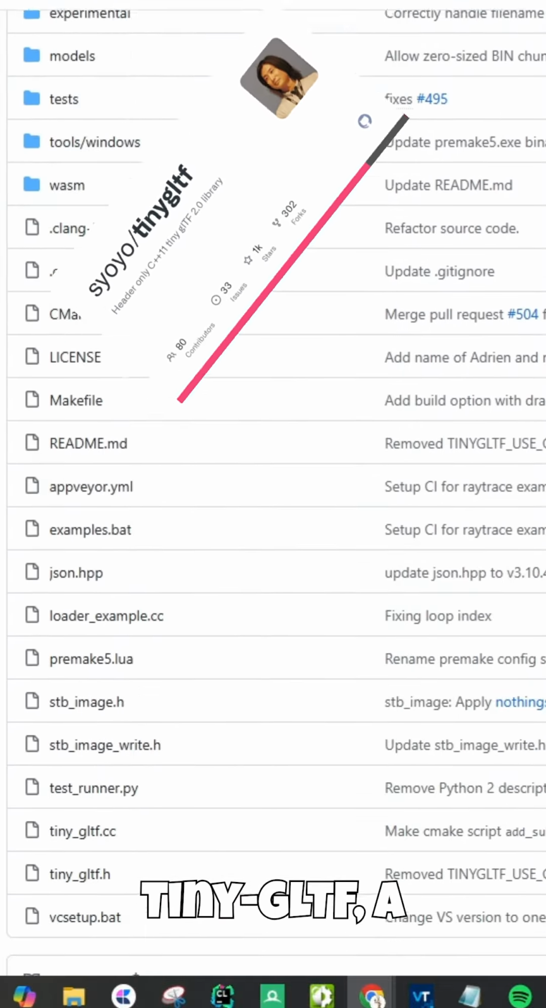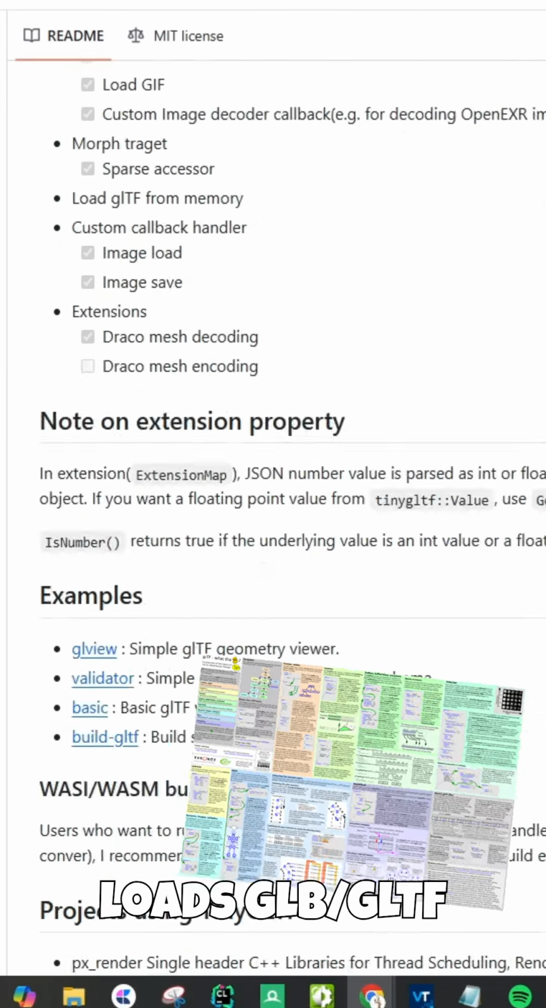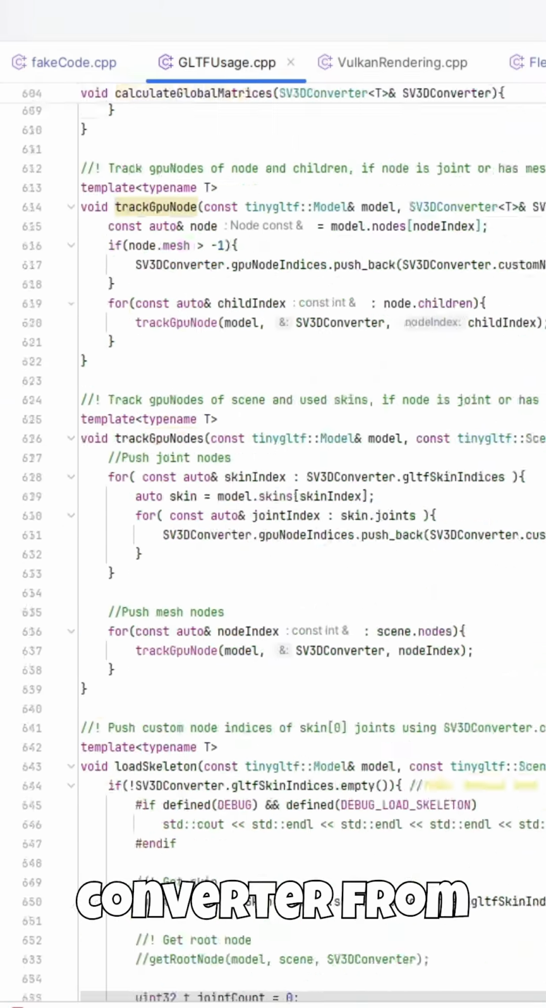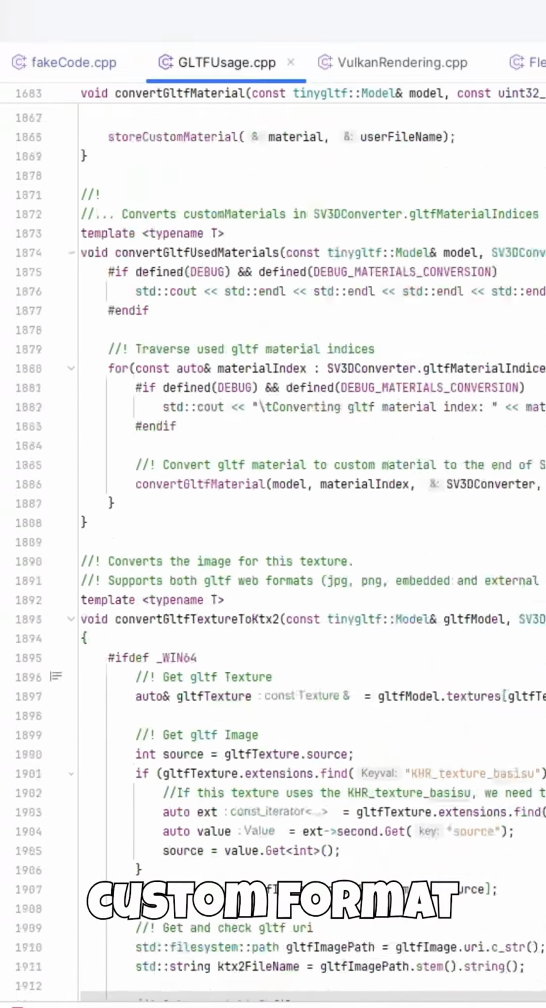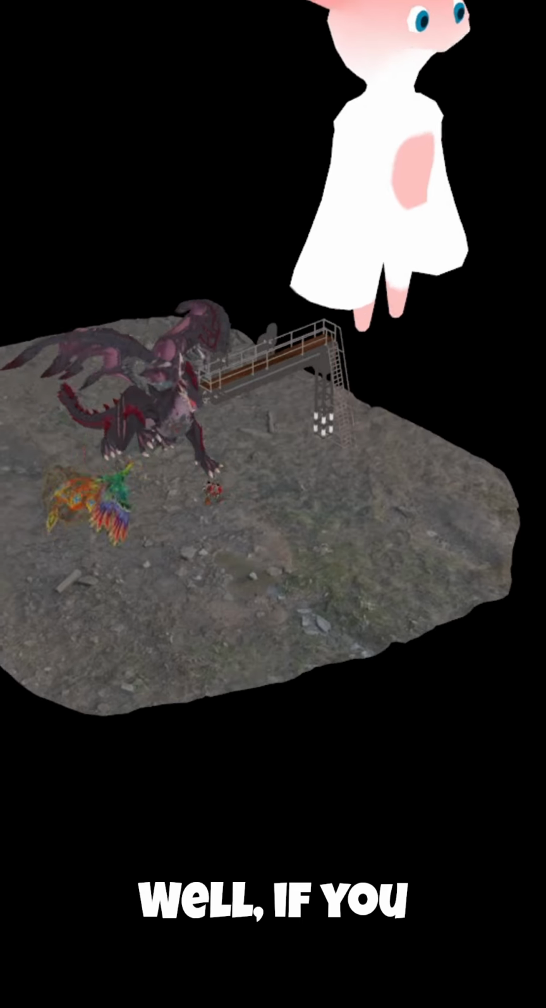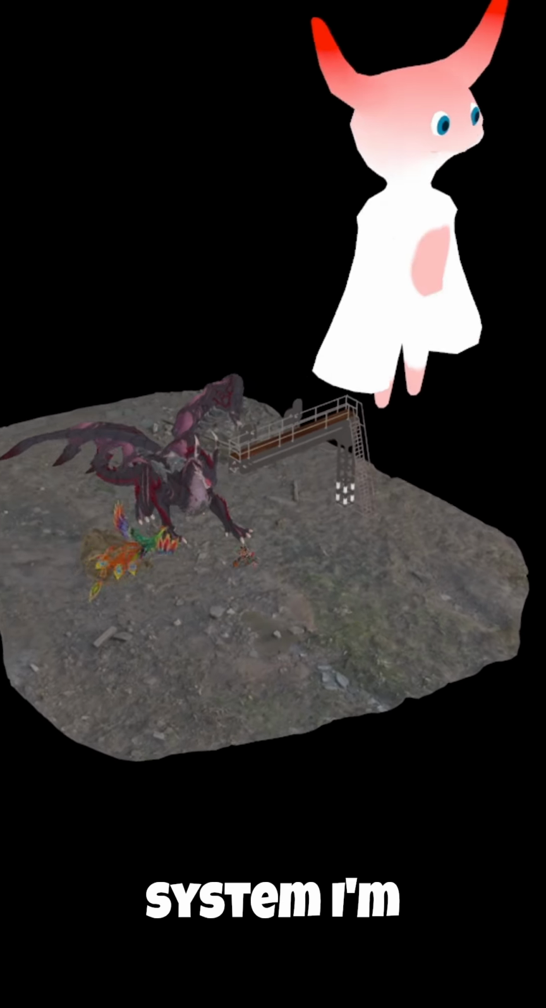For this I use TinyGLTF, a library that loads GLB GLTF models and greatly simplifies my work. Then I coded a converter from GLB GLTF to my custom format in 2500 lines. When I tried to render my custom model, apparently I made a mistake in the way I saved the vertices, so I changed a couple of lines and then I tried to convert and render an animated model, but a few changes later, and finally, well,